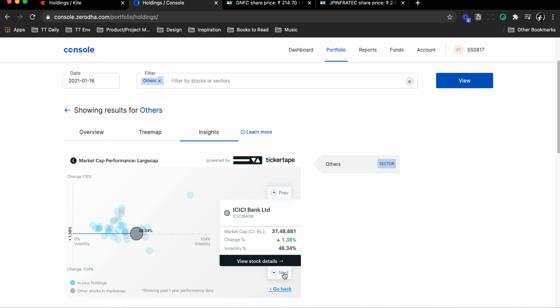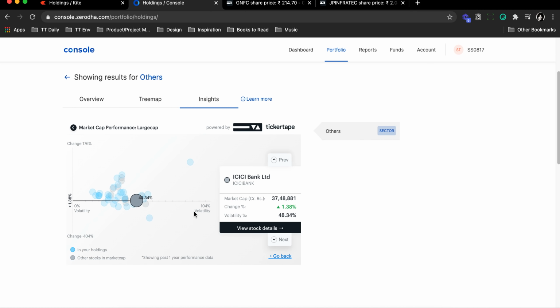So guys, this is an overview of the Ticker Tape tool, and do head over to the Zerodha portfolio analysis section, which is provided and powered by the Ticker Tape platform, and analyze and get some actionable insights on your portfolio today, and see how your holdings are performing today, and also check out if the companies that you have invested in are amongst the best performing companies in this sector, right?